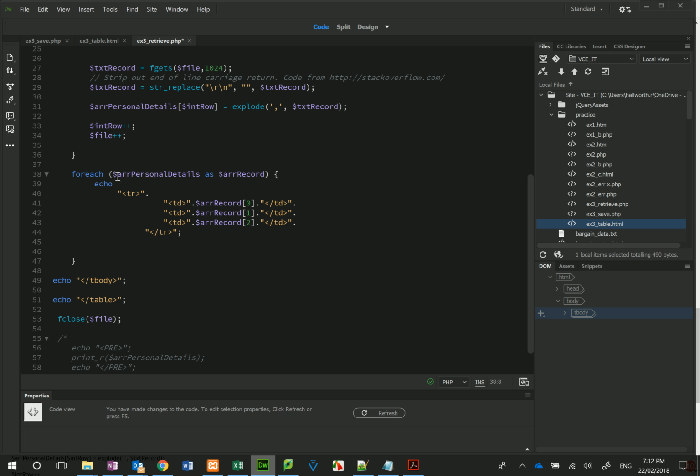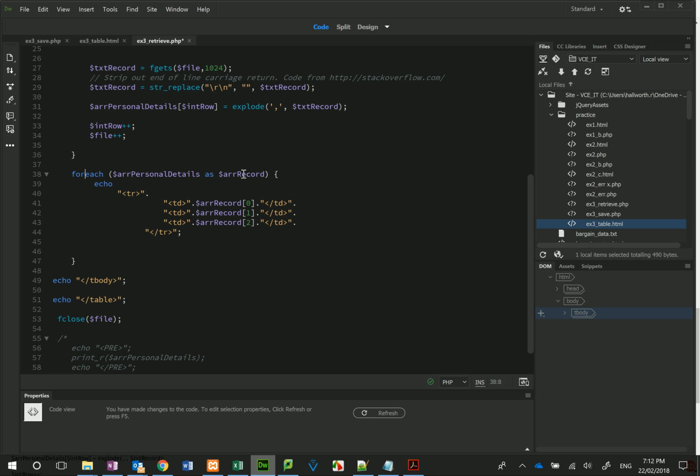So basically it's saying go through the whole of the two-dimensional array, and for each item, each row, pull out just 1 row on its own. Okay, so this is the whole array, this is 1 row, and it does it. That's what the foreach means. For each of the items in this,